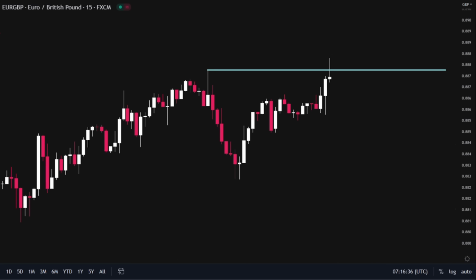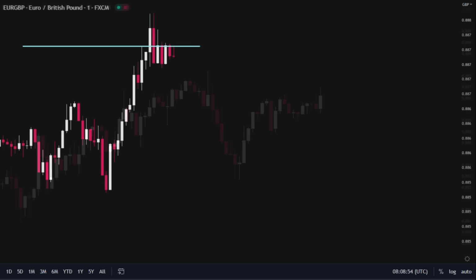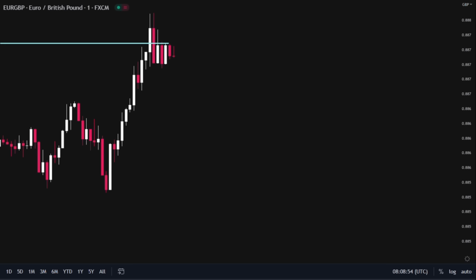Now that we have a valid ABC pattern, in the next step, we are going to zoom into the 1-minute time frame and wait for a market structure shift to appear. As you can see, we have this market structure here, created before the market liquidity sweep, and it belongs to the wave which has swept the liquidity. Now, as you can see, price breaks and closes below the structure,